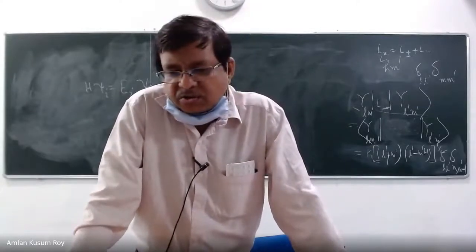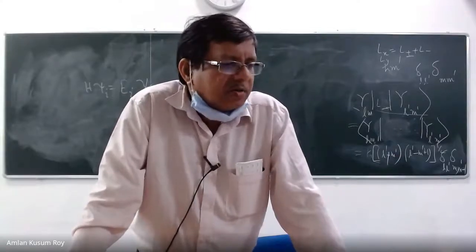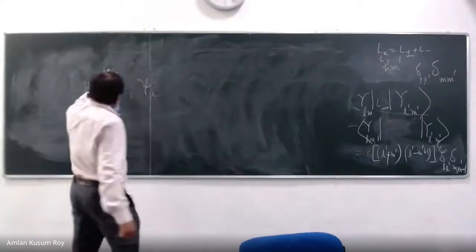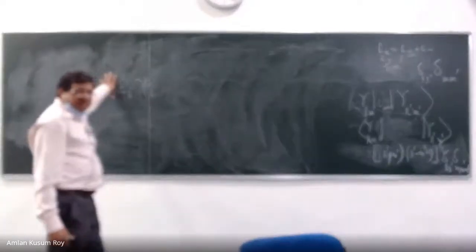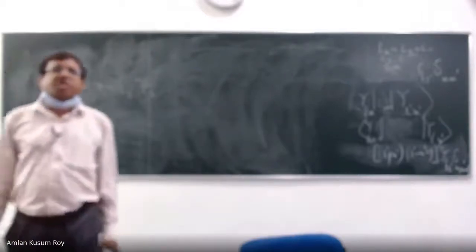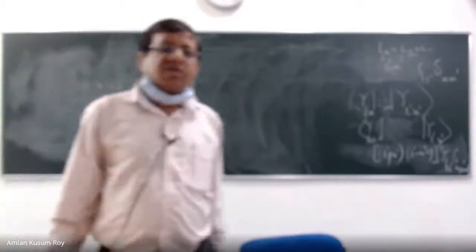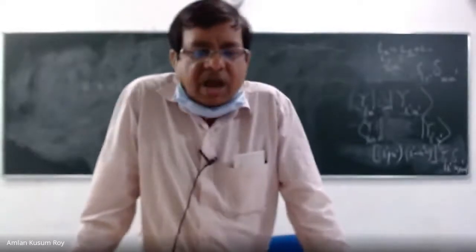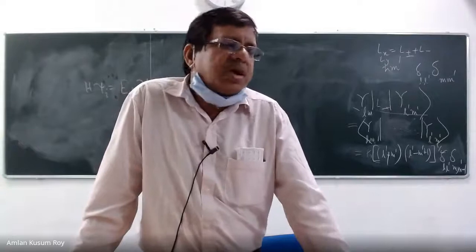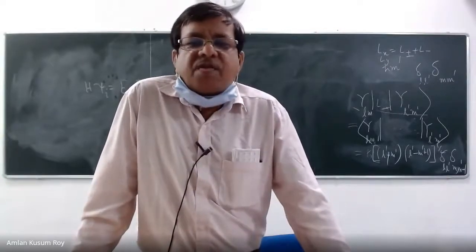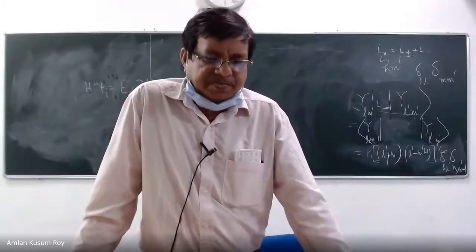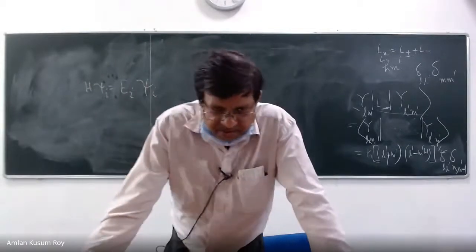Even for the hydrogen atom, we do that routinely. But what it means is that, for a given problem, you want to solve an eigenvalue problem. That's right. But it means that you actually want to find a basis in which the Hamiltonian matrix is diagonal. That is why the eigenvalue problem is all the time referred to as a diagonalization problem in a particular basis. Is this statement clear to everybody?